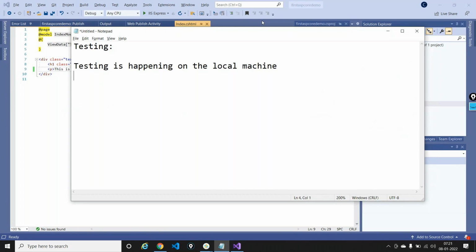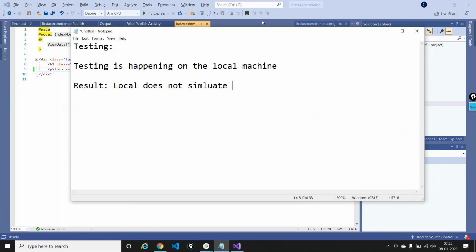But the result is that the test that happens on the local machine is not a quality gate. The local machine does not simulate your real-time environment.